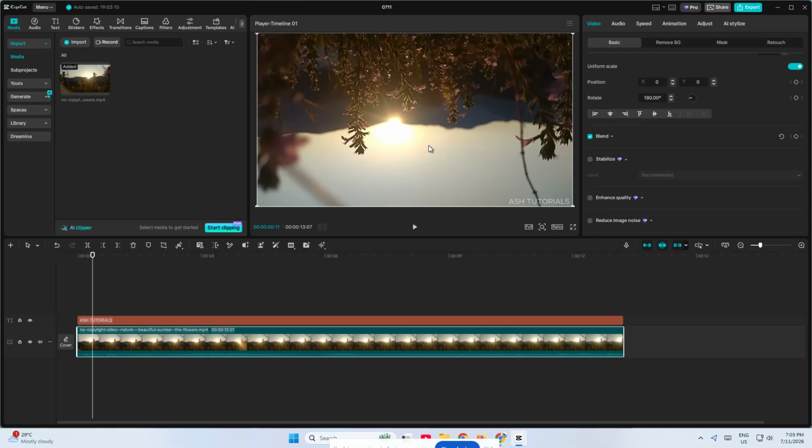This is helpful if the video doesn't fit perfectly after the flip. Just check the preview window and make sure your subject is centered and the frame looks clean. And that's it. You've now learned how to rotate and flip a video in CapCut using the timeline and the rotate icon above it. This is one of the fastest ways to correct or transform a clip without needing advanced